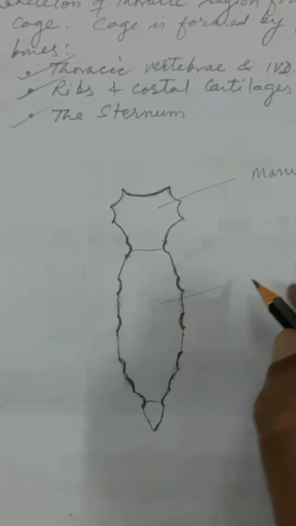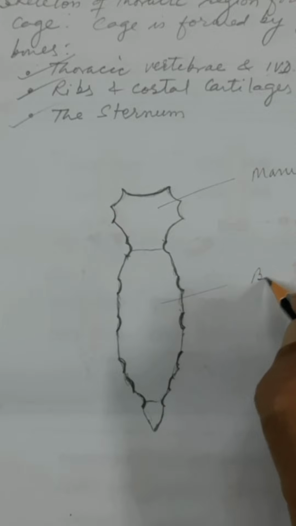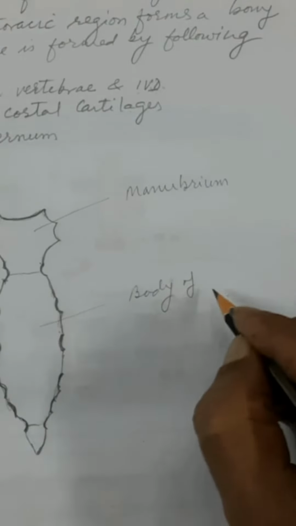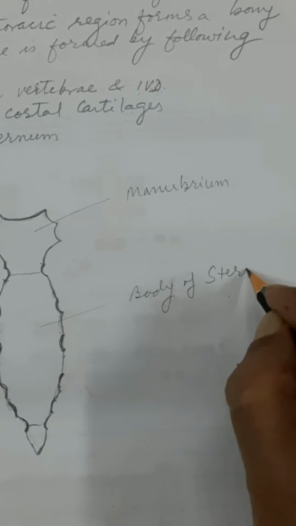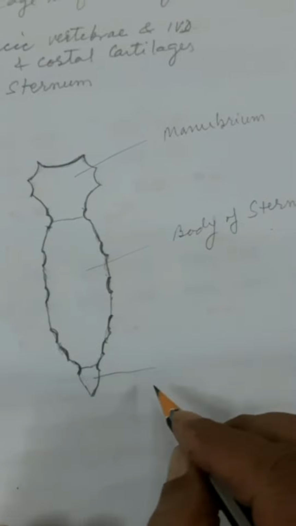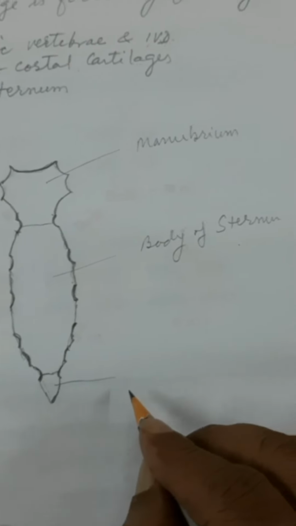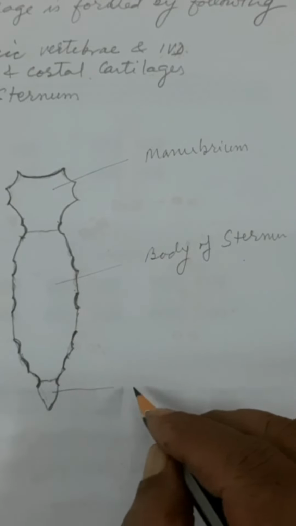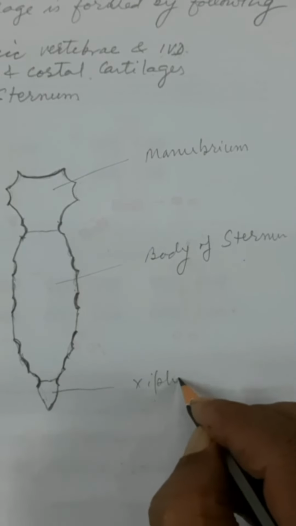The second long part is the body of the sternum. And then a small triangular piece near the inferior end of this sternum is called the